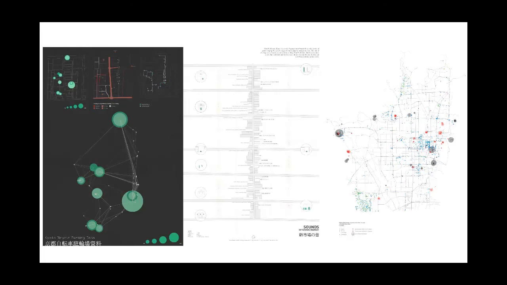So in this case, what students looked at was things like how can we cycle around? Kyoto is a very cycling friendly city, but sometimes it's hard to find parking spaces. Sometimes there are crashes and things like that. So how can we get data so that we can say, okay, these are maybe dangerous or hard places to cycle? How can we redesign the urban furniture and landscape to help that happen better?